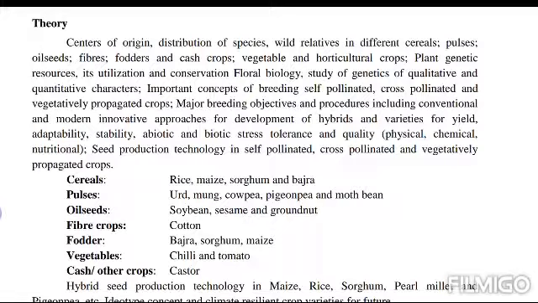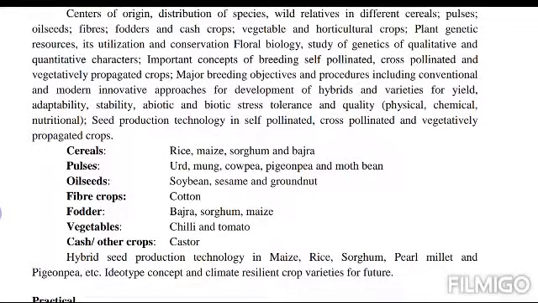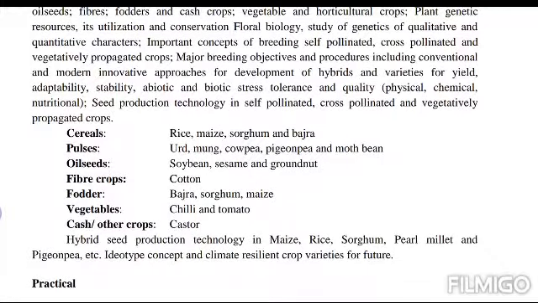Here I'll discuss in general centers of origin, distribution of species, wild relatives in different cereals, pulses, then oilseeds, fiber, fodder, cash crops, vegetable and horticulture crops, genetic resources, its utilization, conservation, floral biology, then study of genetics of qualitative and quantitative characters, important concepts of breeding self-pollinated, cross-pollinated and vegetatively propagated crops, major breeding objectives and procedures including